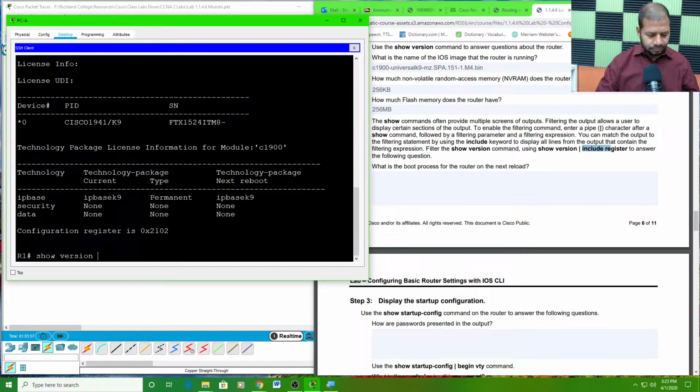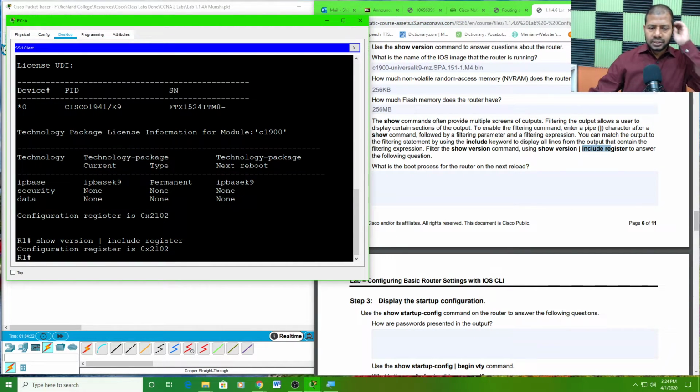Hold the shift key and use that backslash, the straight line. That one is called the pipe, and you type include register. Press enter. See, it shows right away the configuration register is